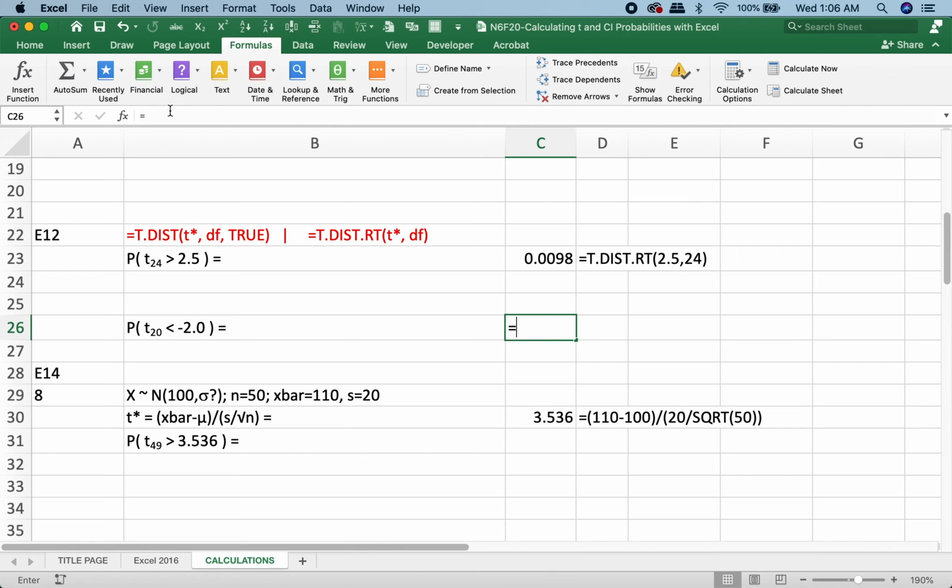We're looking for a probability, so it's a T.DIST function. It's not a T.DIST.RT, it's just a T.DIST, and that'll give you the area from some point down. So put in your bracket, put in your -2, comma, and then your degrees of freedom is 20,